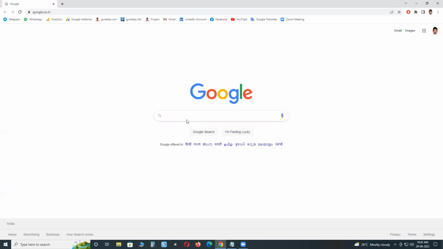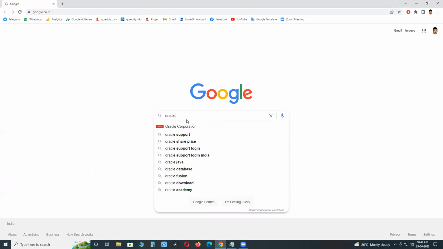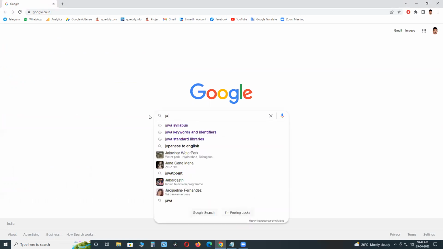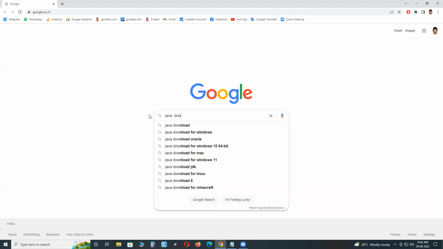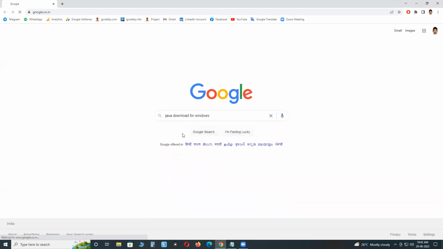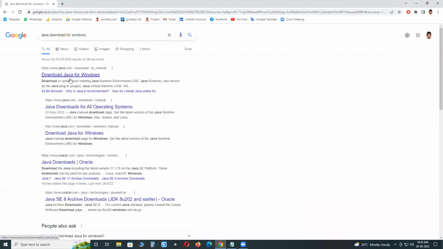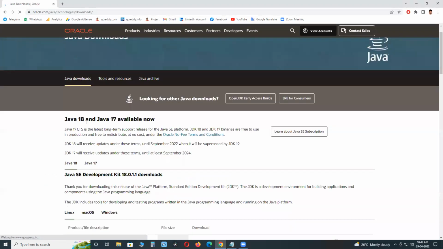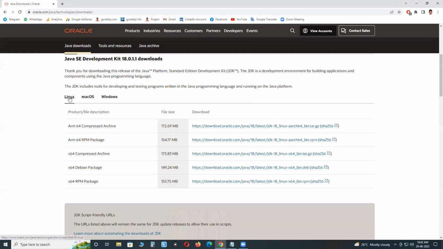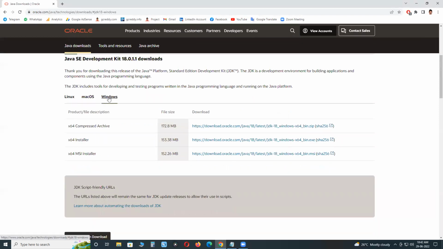For example, Oracle, just a minute, Java download for Windows. Mine is Windows. Java.com, previously Sun Microsystems was the vendor, previous website, current website is Oracle. See, here Linux, Macintosh, Windows.